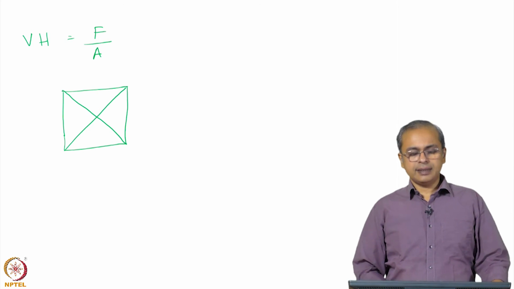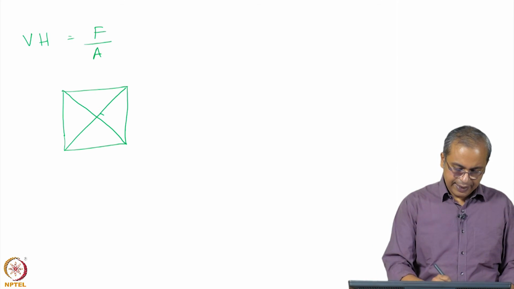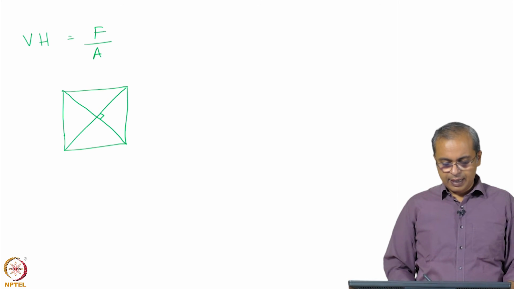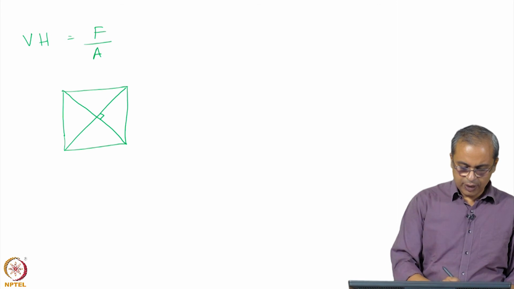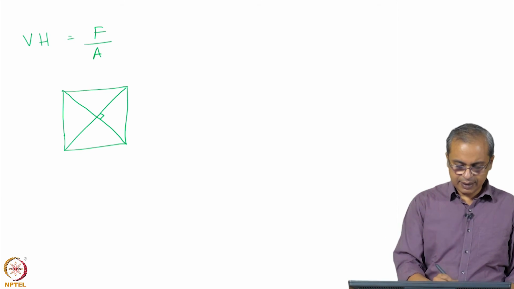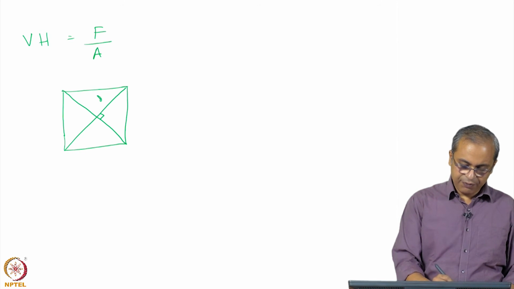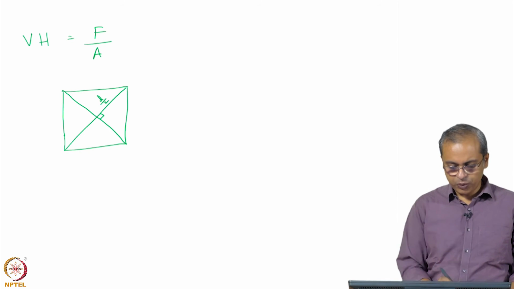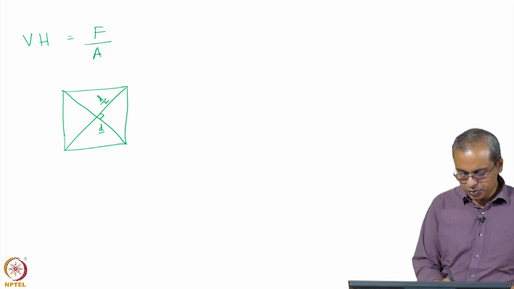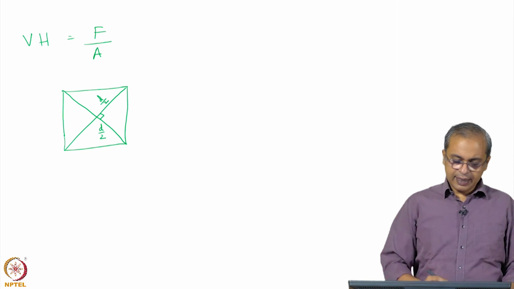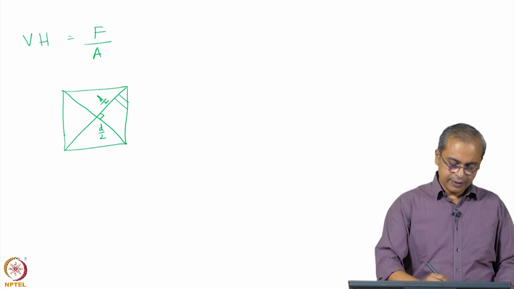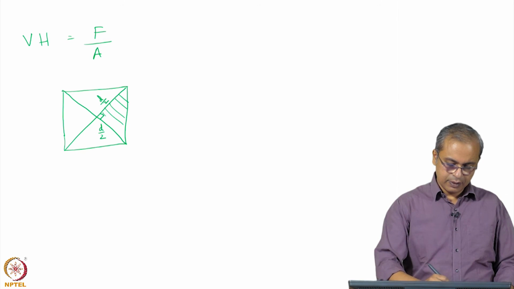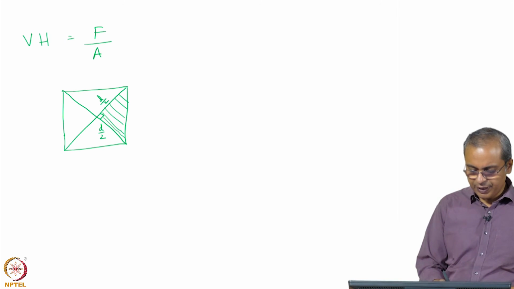To the extent that this is a square, this is going to be 90 degrees, and if that is 90 degrees and this whole diagonal is dimension d, then half the diagonal is d by 2, and half the diagonal here is also d by 2. So, if you look at the area of this triangle here,